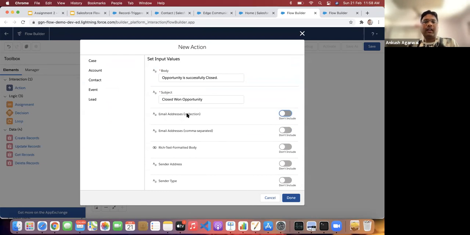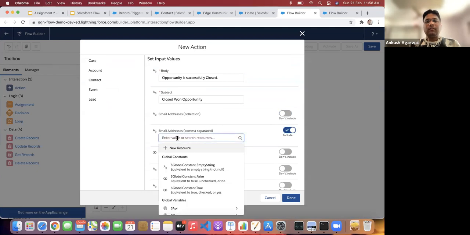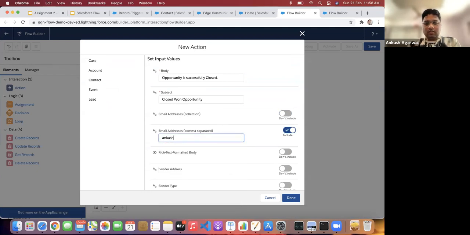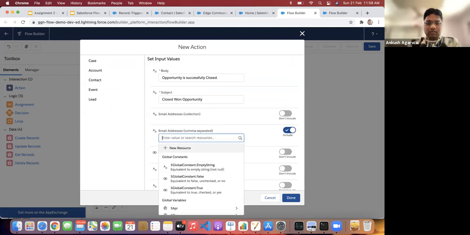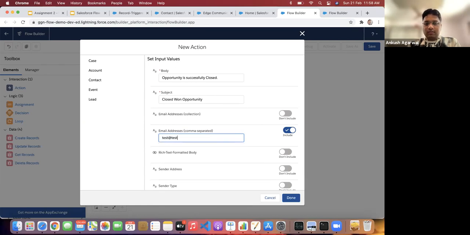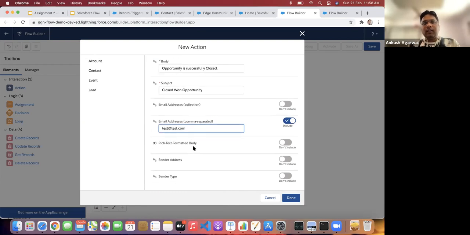So either we have a collection, which is multiple email IDs, or we can just define them manually over here, like test@test.com, and we can put a comma and define multiple email IDs over here.